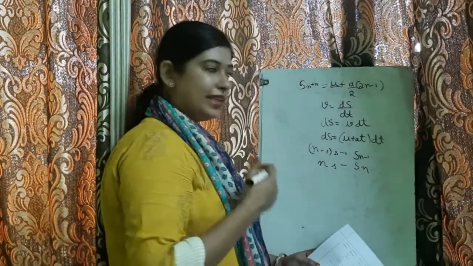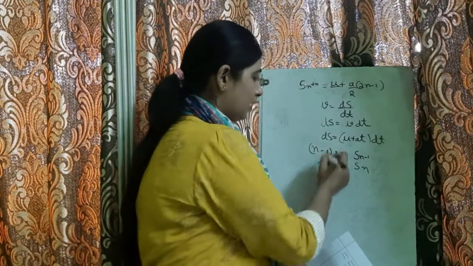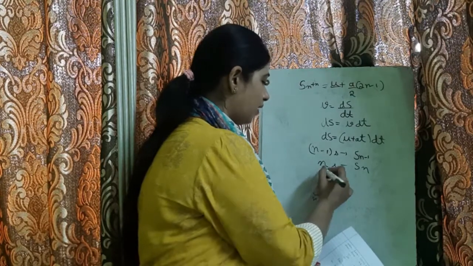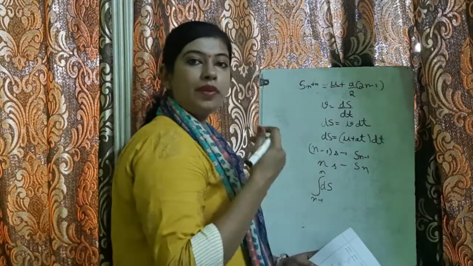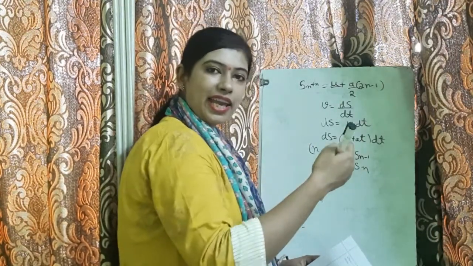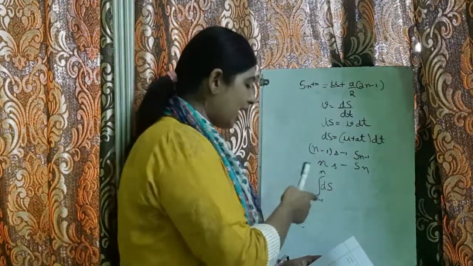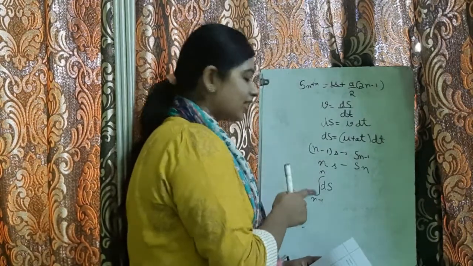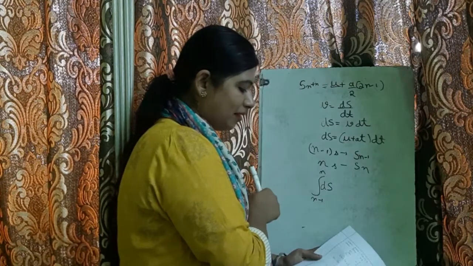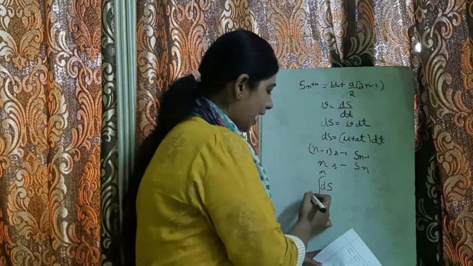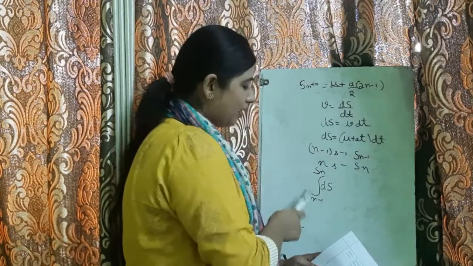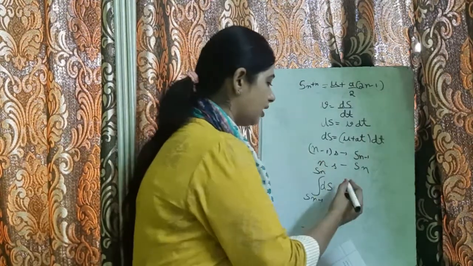So we will integrate it. We will put the limit as n minus 1 to n. Means हम दो consecutive seconds ले रहे हैं, n second और n second से पहले क्या होगा, n minus 1 second. So distance at n minus 1 and n, so distance at n minus 1 यहाँ पे आ जाएगा s n minus 1 and s n. हम डिस्टेंस कहाँ से ले रहे हैं, n minus 1 सेकेंड से n सेकेंड तक.